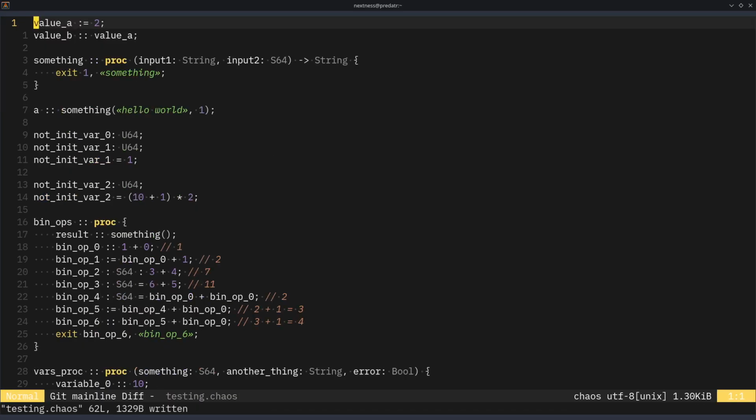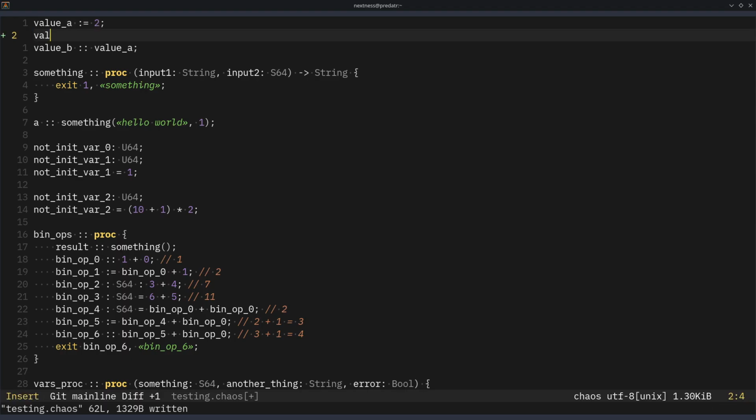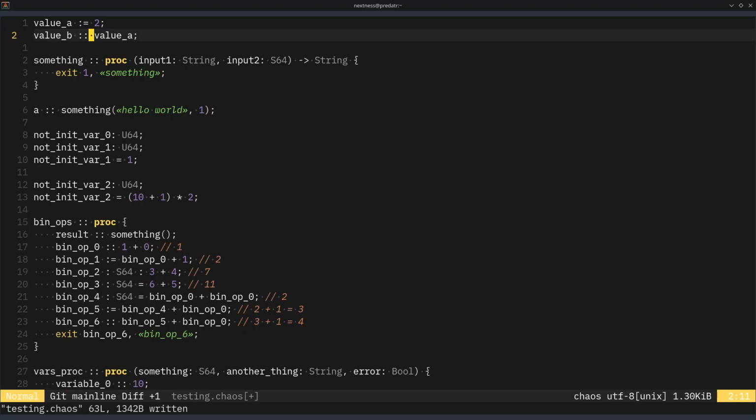What else? Yeah, so this can change because we are using an equals in here. We are inferring the type, and then we are assigning a value, but this value can change over time. So we could say value a is actually 1, and that would work. And we can also, I don't know about this, probably this will not be a thing. Maybe it is, I don't know. Either way,